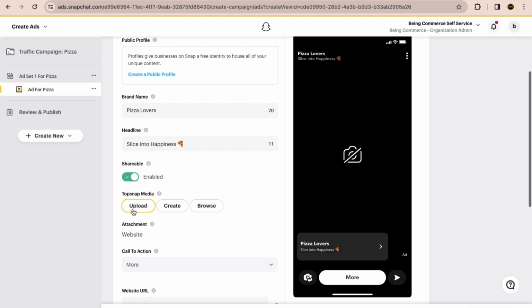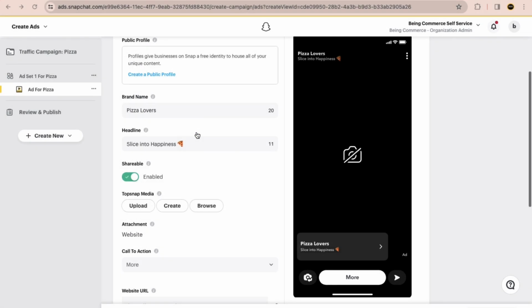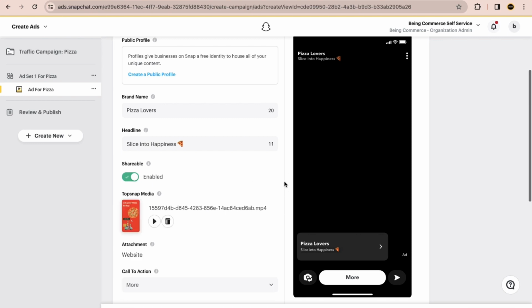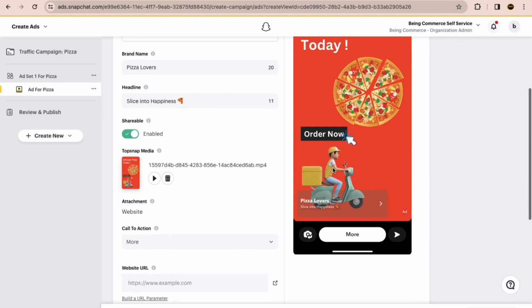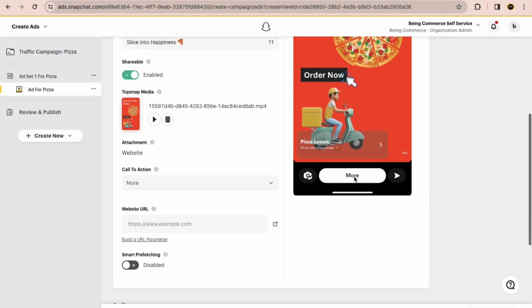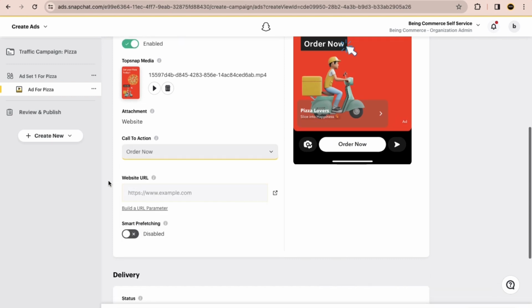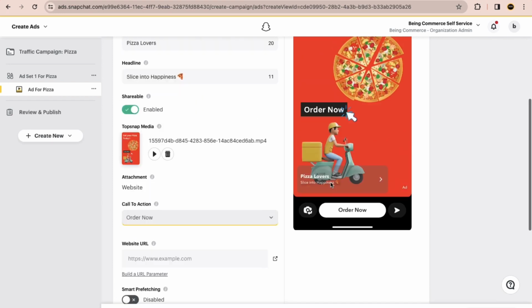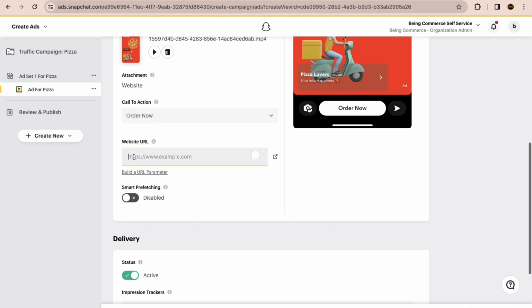Now I can just upload the media which we have created using Canva. Awesome, like this. So you can see this is the ad, so people can see this ad when they will click on, let's say, more button, or you can just select here any of the appropriate option. For example, I can say order now, so when they will click on order now, they can go to the landing page. So here you guys can see that in website URL you have to provide your website URL or landing page. So make sure